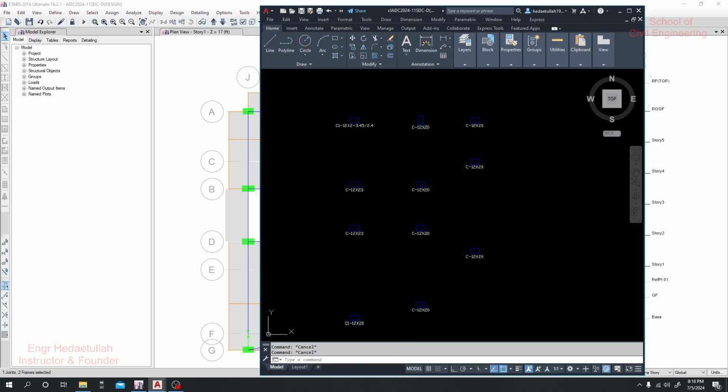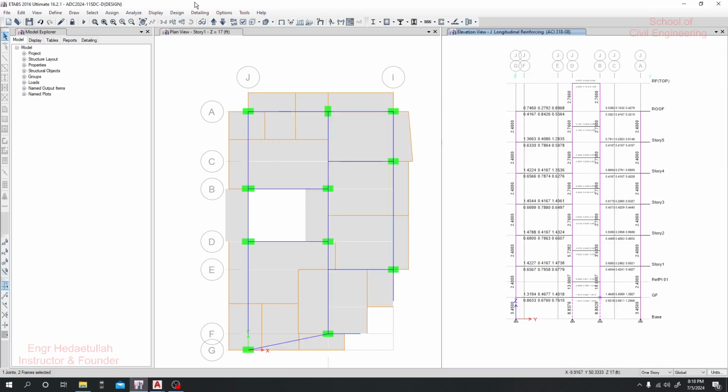Okay, done. Now I'll go for that series. Here all columns are 12 into 20. Then